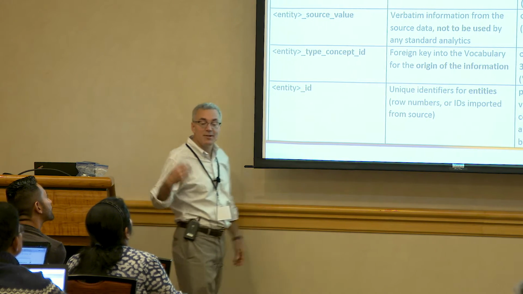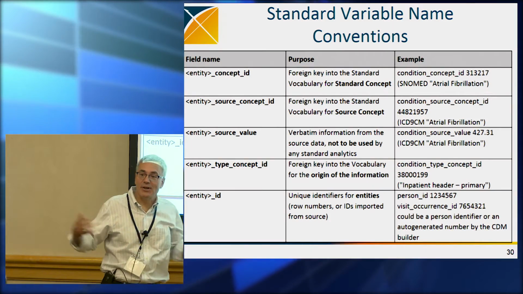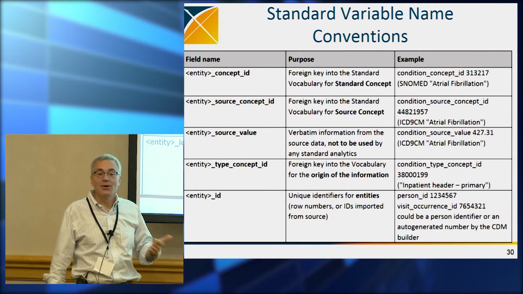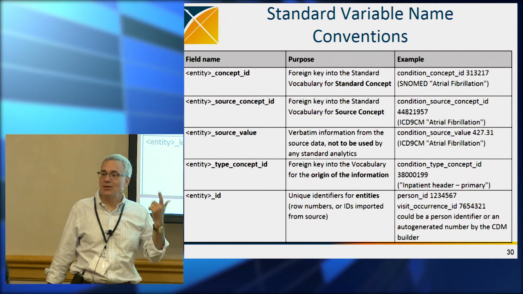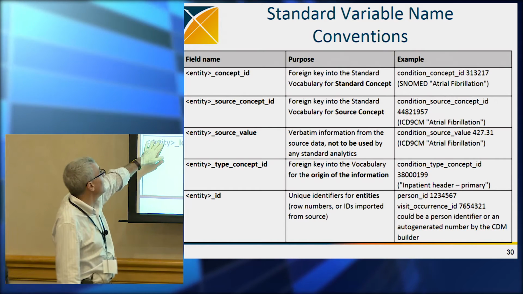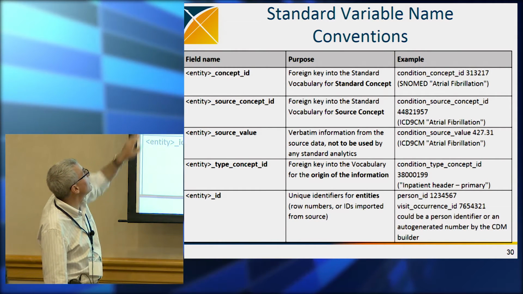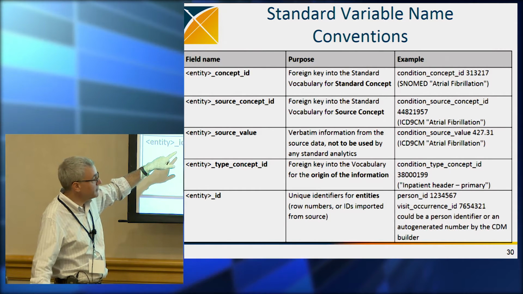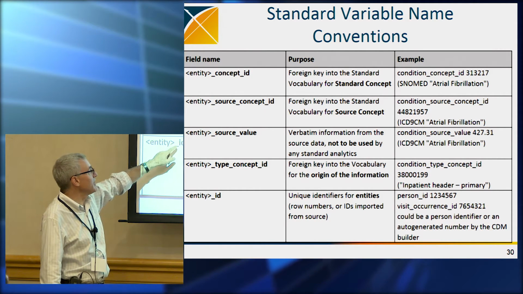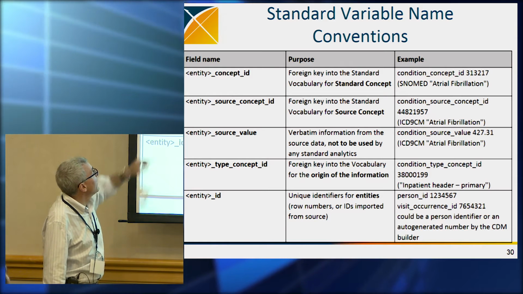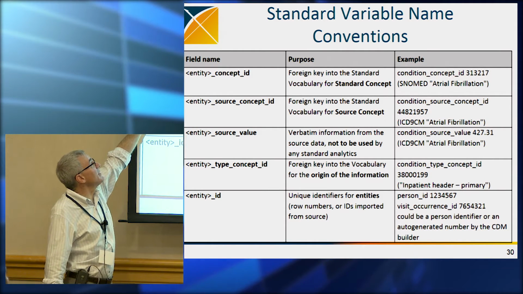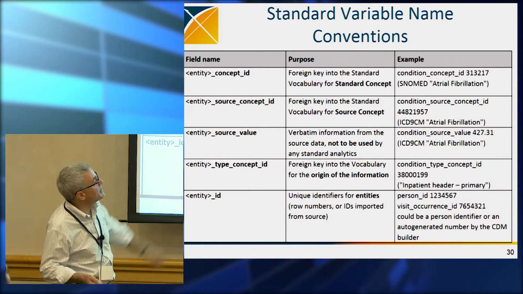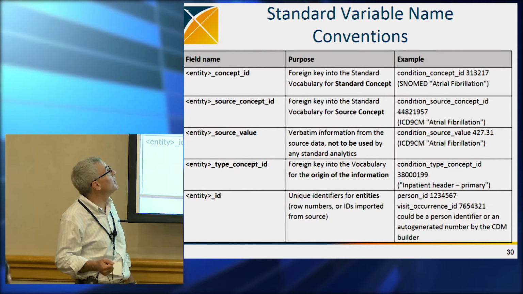Each of those tables in the blue section on the right follow a similar format. This thing entity, that'll be like drug or condition or device or something like that. And each of those tables has a bunch of columns. There's a column for a unique key for that table that says what this event is. And then there's a source value, which is the thing that was stored in your original database. So say an ICD-9 code, in this example, 427.31.